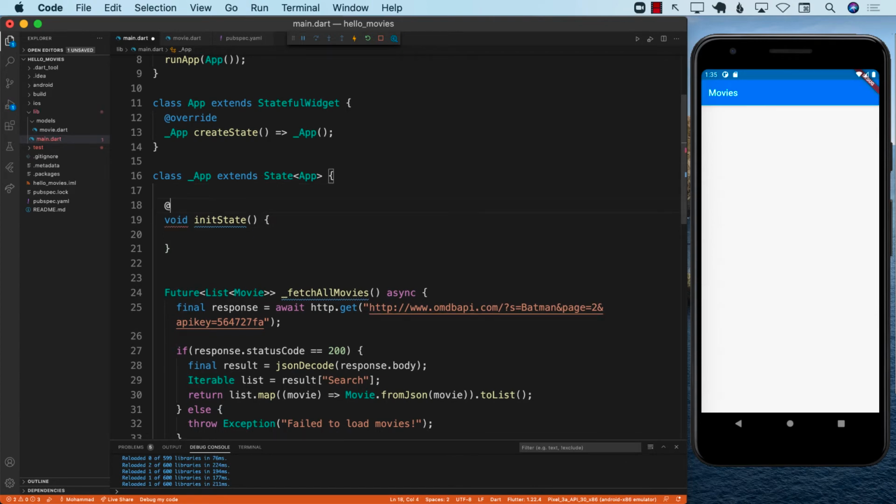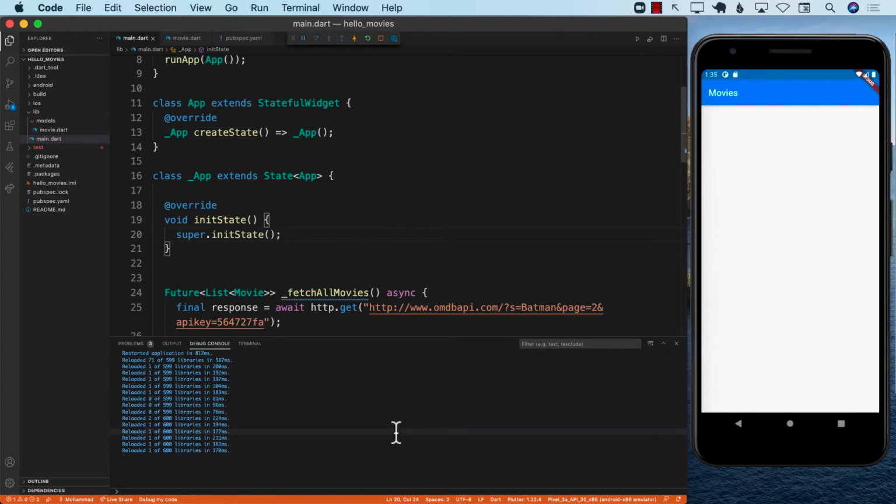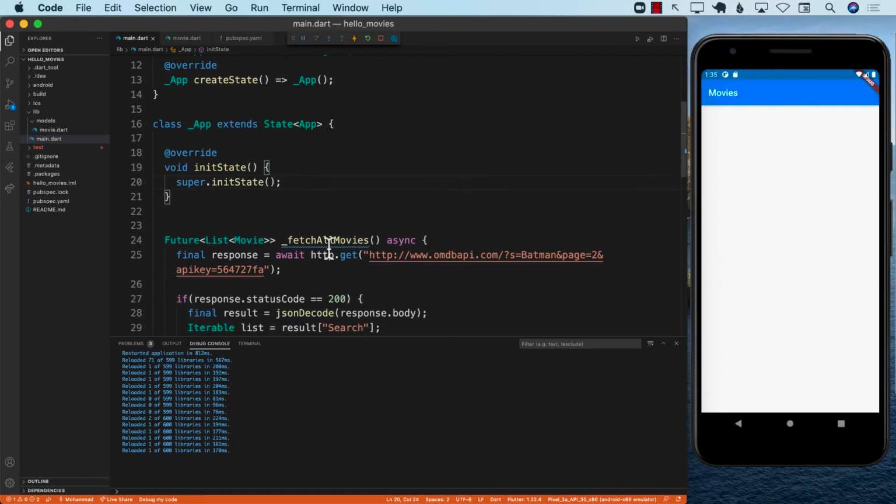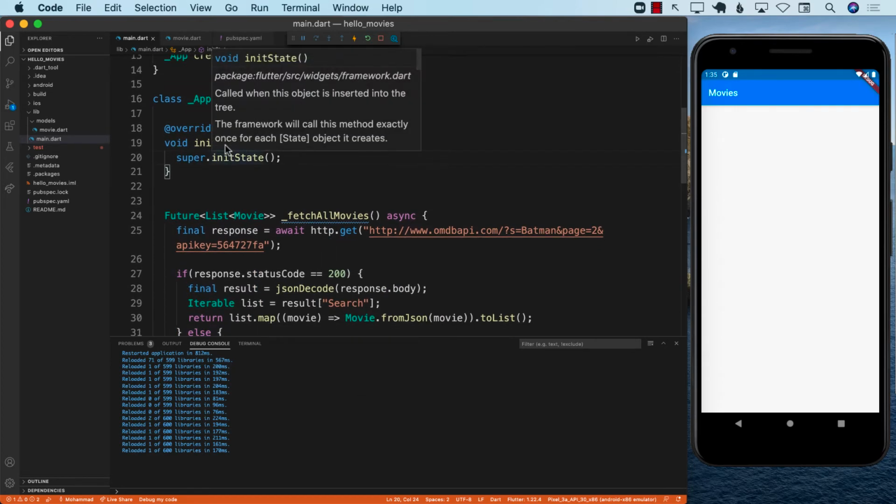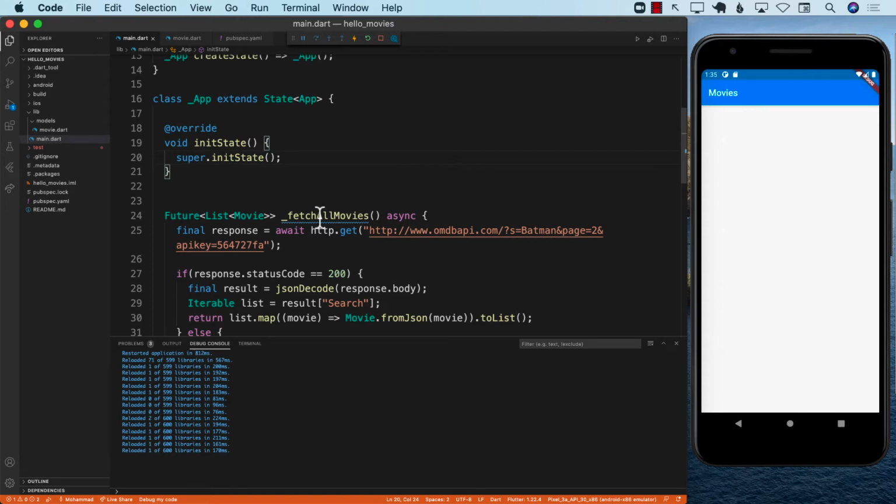And make sure we are decorating it with override. Super.init state. Let's see if there's any error on the console. It looks fine. Now, instead of directly calling inside init state fetch all movies and waiting for the result, the